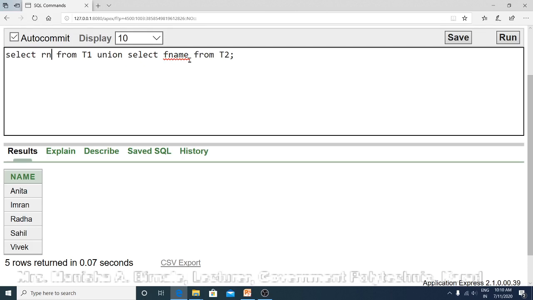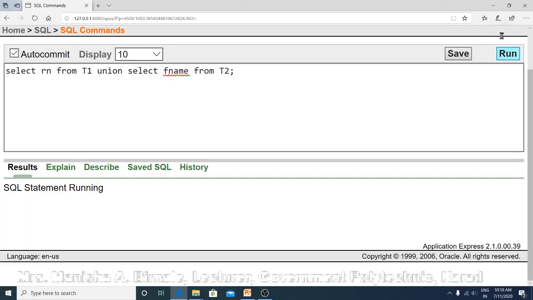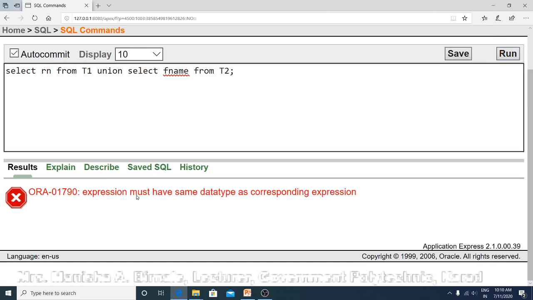Let us see what the union operator does here. Here you can see an error. Why? Expression must have the same data type as the corresponding expression. That's why the error occurs.